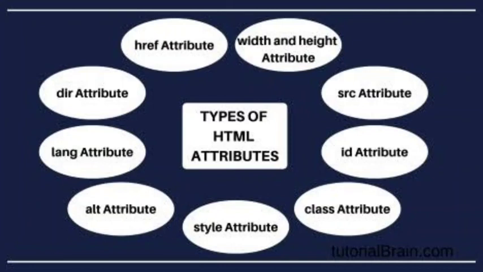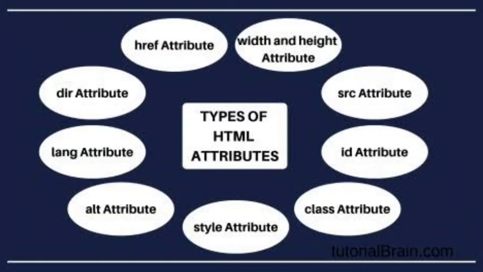And many more attributes are also there, like the lang attribute, which is used in the HTML tag, and the value of the lang attribute is a standard 2-character language code. Generally we use EN for the English language. Okay, alt attribute. That attribute provides alternative information for an image. If a user for some reason cannot view it, then the alt attribute will provide some extra information.